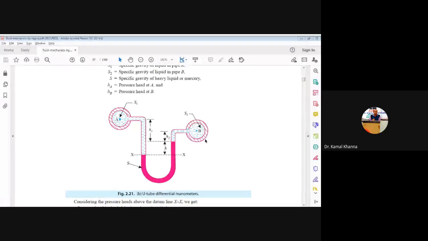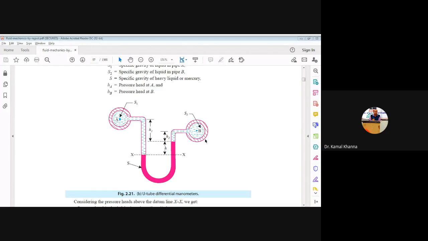As soon as we connect the U-tube differential manometer to these two points, the heavier liquid, with specific gravity S, a reference liquid such as mercury, falls in the left limb and rises in the right limb. And we have assumed different pressure heads in the case where the two liquids are different at the two points. The different heads will be measured for the different types of liquids in the U-tube differential manometer.